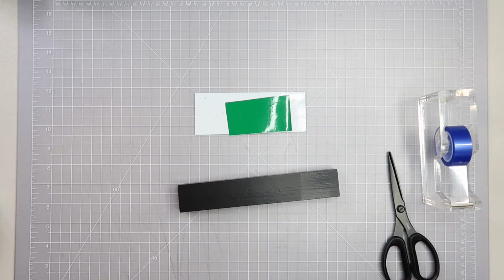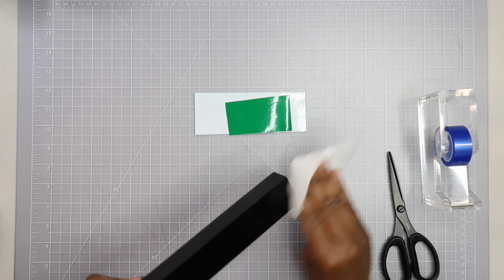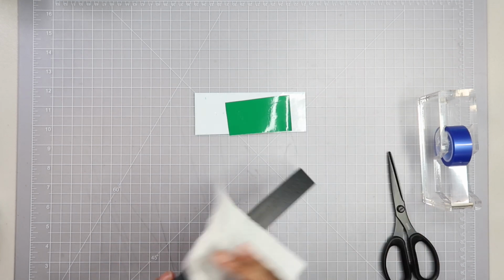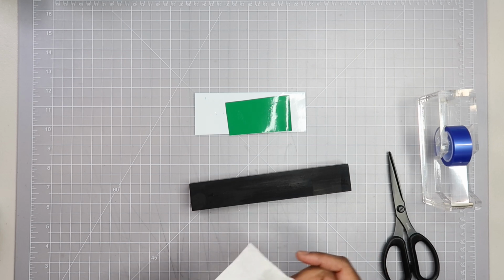Now, of course, you could definitely paint this. I thought about painting it. I really did. I was thinking about painting it white. And I just decided not to. I know that a lot of things that I have are either white or